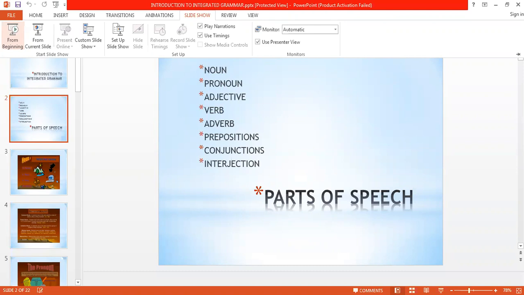He ran quickly. It is a verb, adverb of manner. When we tell how the work is done, what is the manner of the work, it is called the adverb of manner. It answers the question how. She left yesterday. जब हम action के time के बारे में बात करते हैं, then it is called the adverb of time. It raises the question when. When we talk about the place of the action, where the action has been done, it asks the question where. It is called the adverb of place.